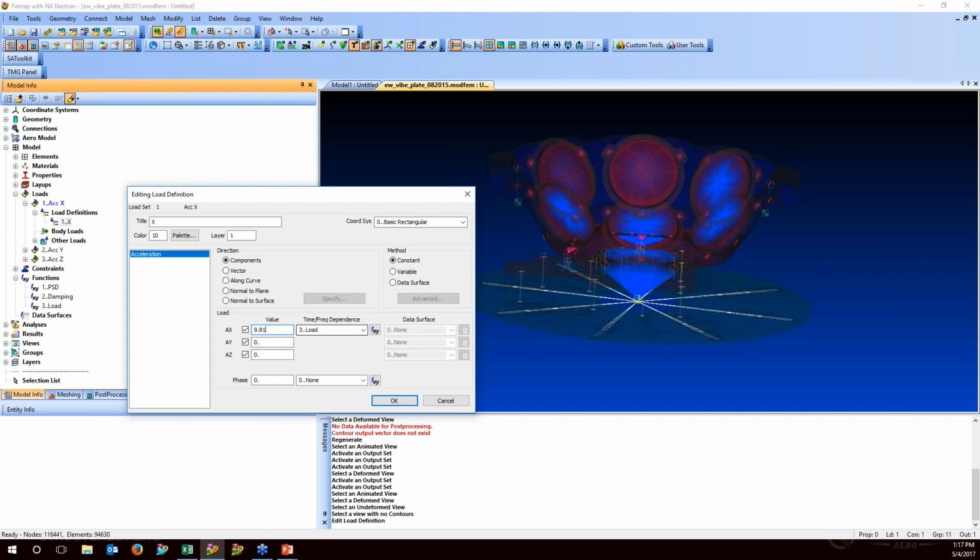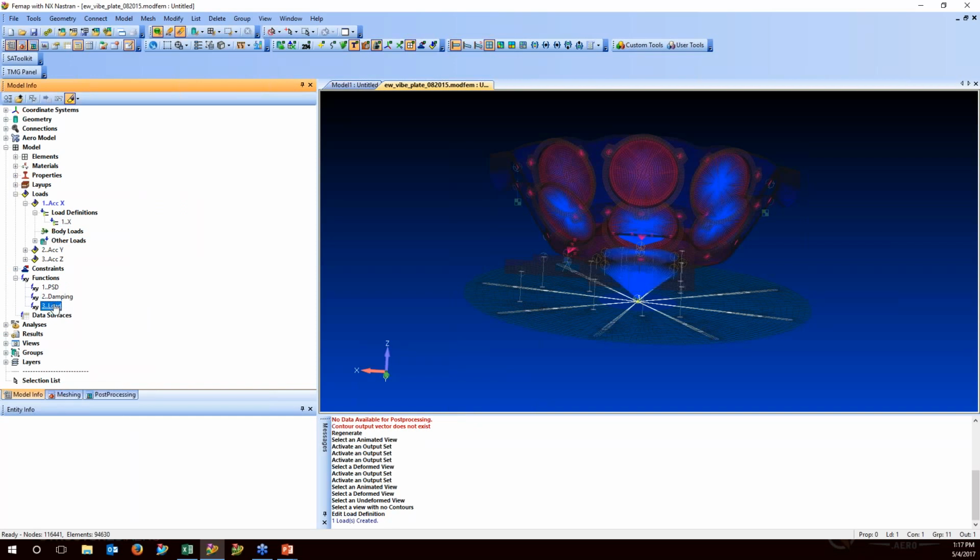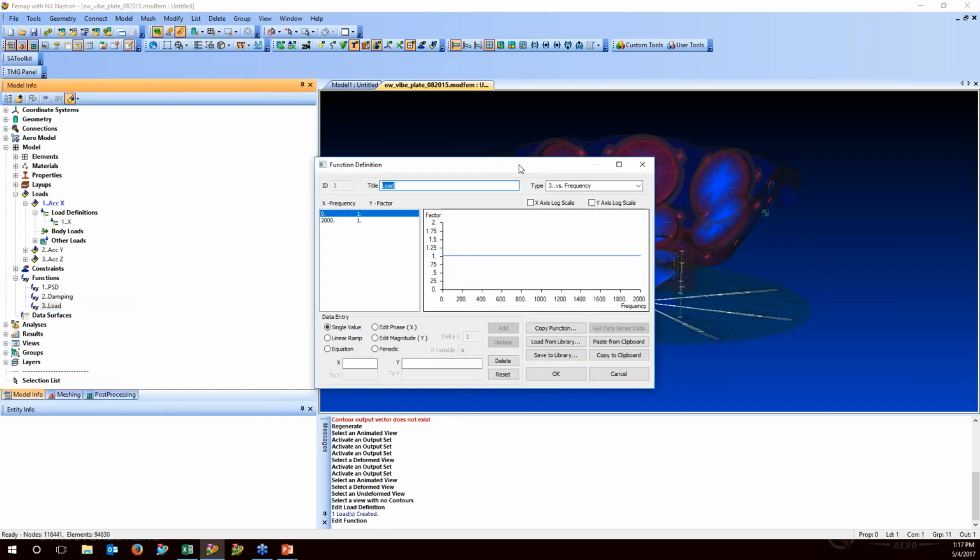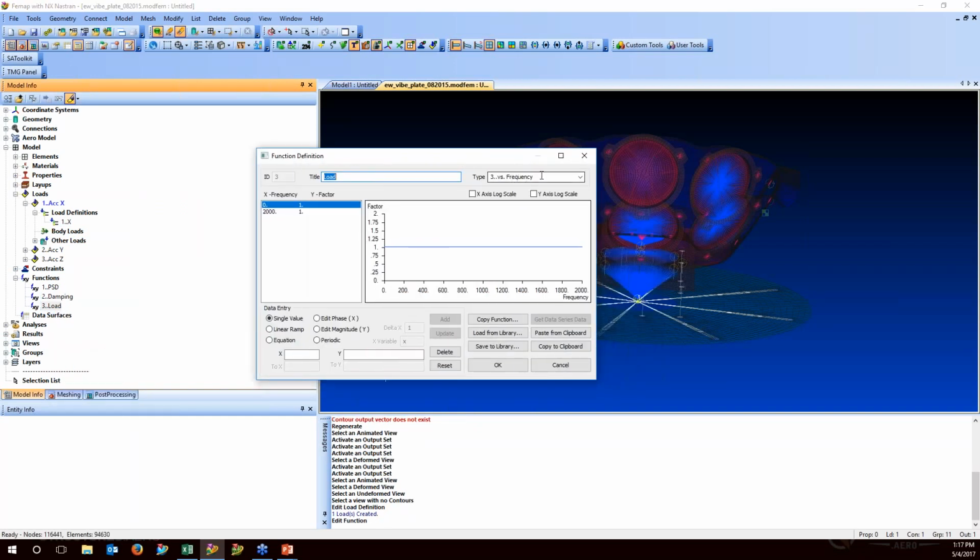So by looking at this, we're going to open up this function to show what the setup for this function is. If we open up this function, you'll see it's a versus frequency function. And you'll see that I've specified from 0 to 2000 the value of 1. Now this is a value of 1 or 1G, and we're essentially developing a transfer function for 1G across the